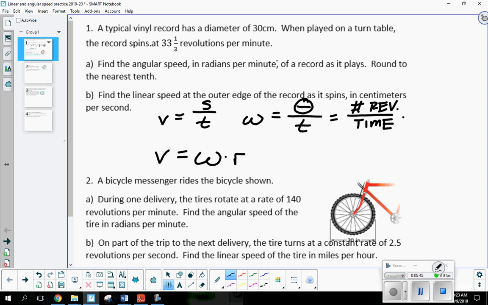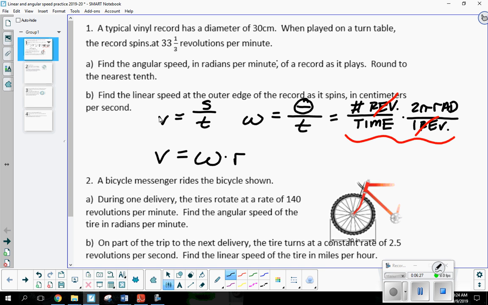But now, what's that one ratio that I always multiply by no matter what? 2 pi radians over 1 revolution. This is how we're going to start to find angular velocity every single time. This comes straight from the formula, so you don't have to worry about the formula itself. The first thing that's going to cancel is your revolutions, so it's always going to be in radians per time. So this is your angular. If I multiply that by the radius, then I'm going to have linear velocity. Any questions so far?